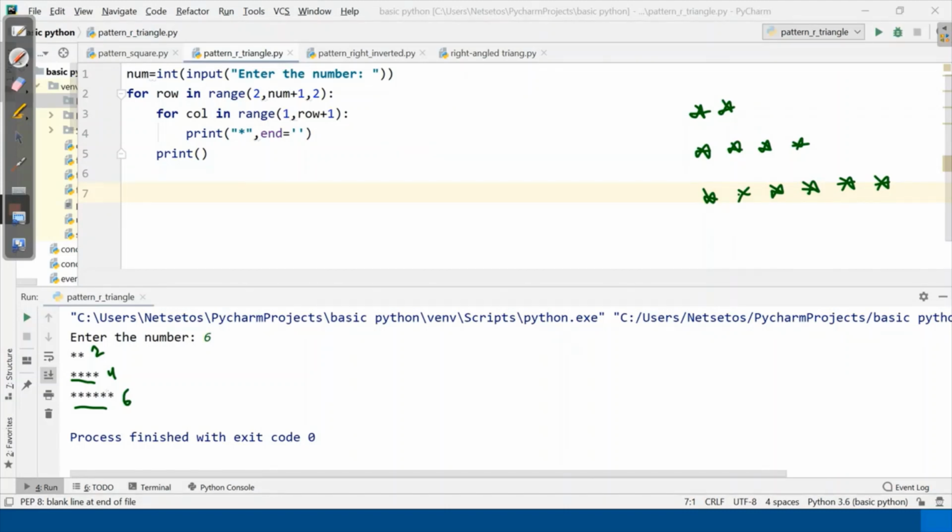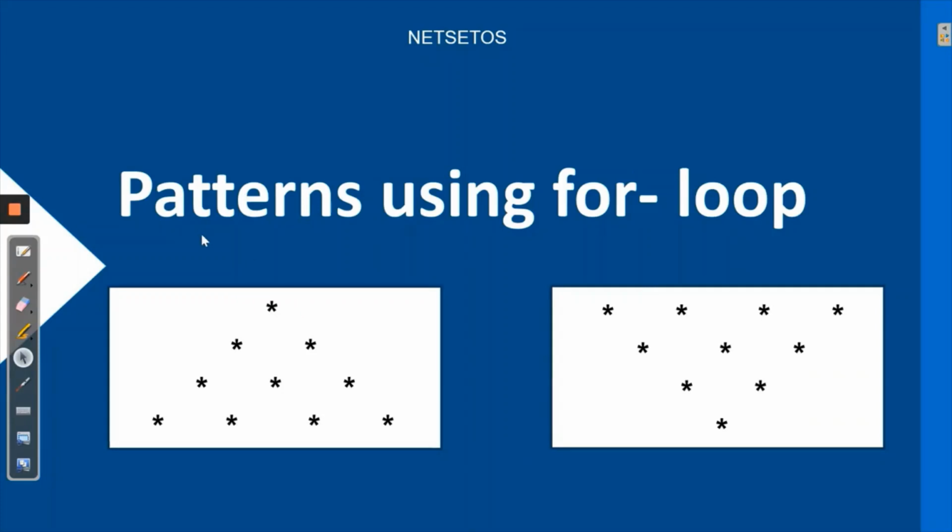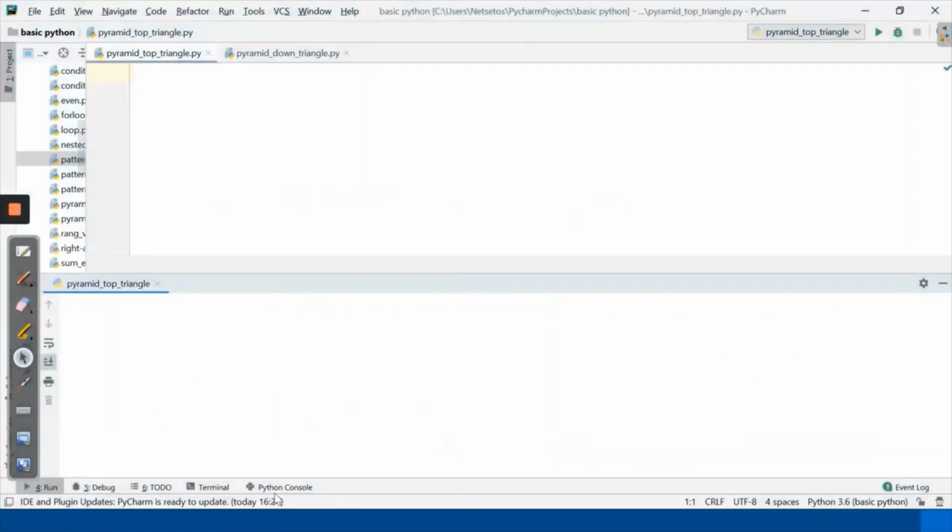And if we talk about time complexity here, it is loop inside loop. So it will be order of n square. We will discuss top pyramid and inverted pyramid. So let's go to PyCharm first.